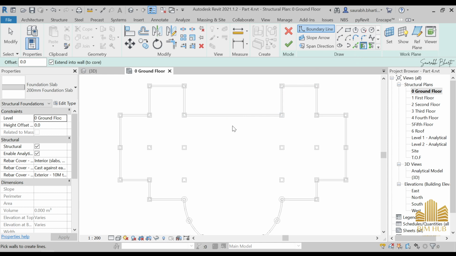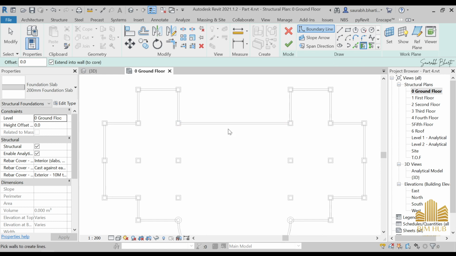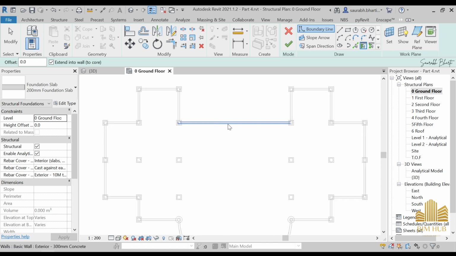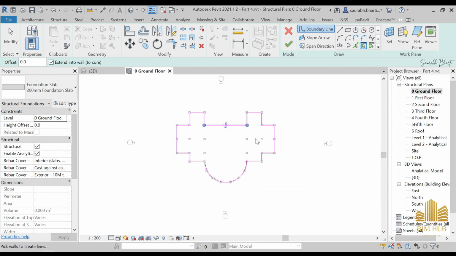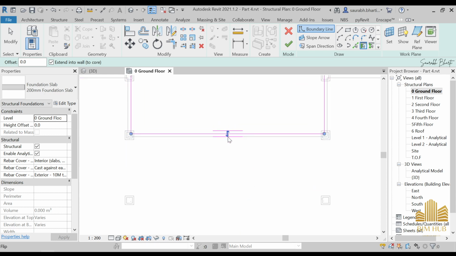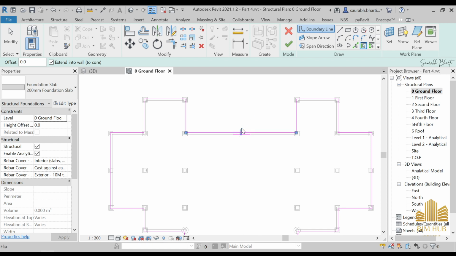Over here we can use the shortcut, that is pick walls. Let me first show you what happens if you do it from the inner side. Hover your mouse over here, select pick line, then select this part, and now I'm on the downside, and I will press Tab and select it. Now you will see that everything is selected on the inner side, but we want it on the outer side. You can just change it like this, or hover your mouse over here and select this slab from the outer side. You can also change the span direction, from here to here to here, and I'm getting it back.